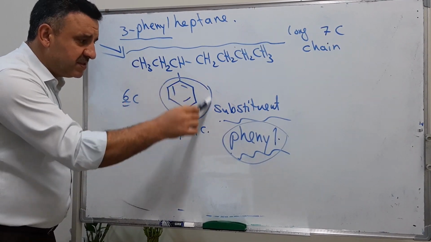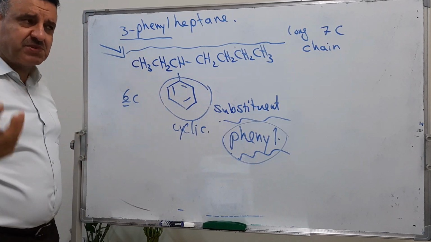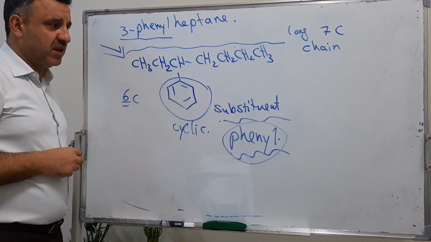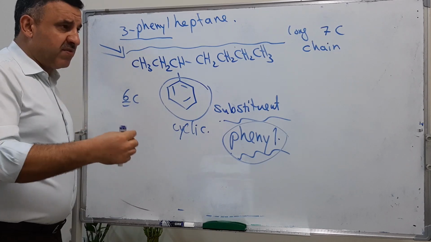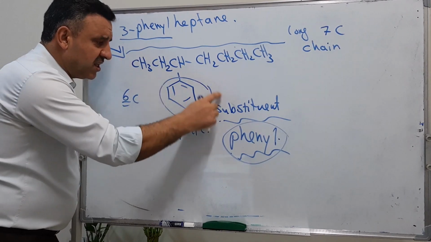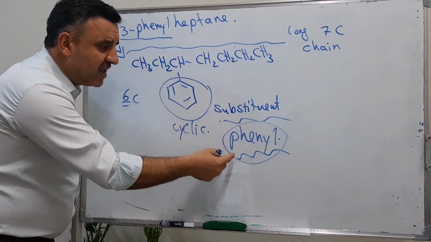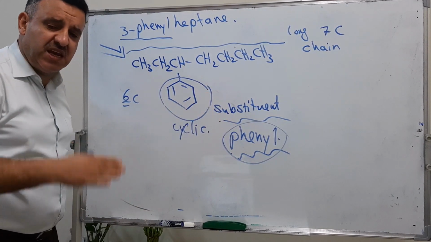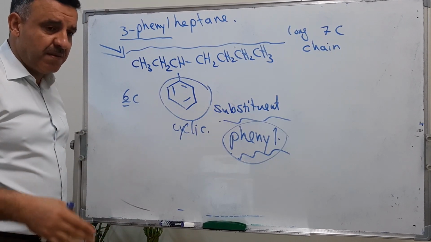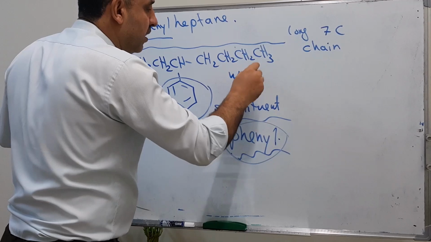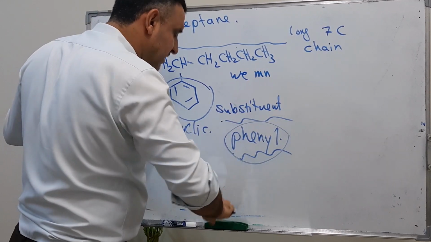So the benzene system becomes a substituent to the long chain. Whenever we need to consider the benzene system as a substituent, we name it as phenyl, no longer as benzene. Because there is a rule in IUPAC,